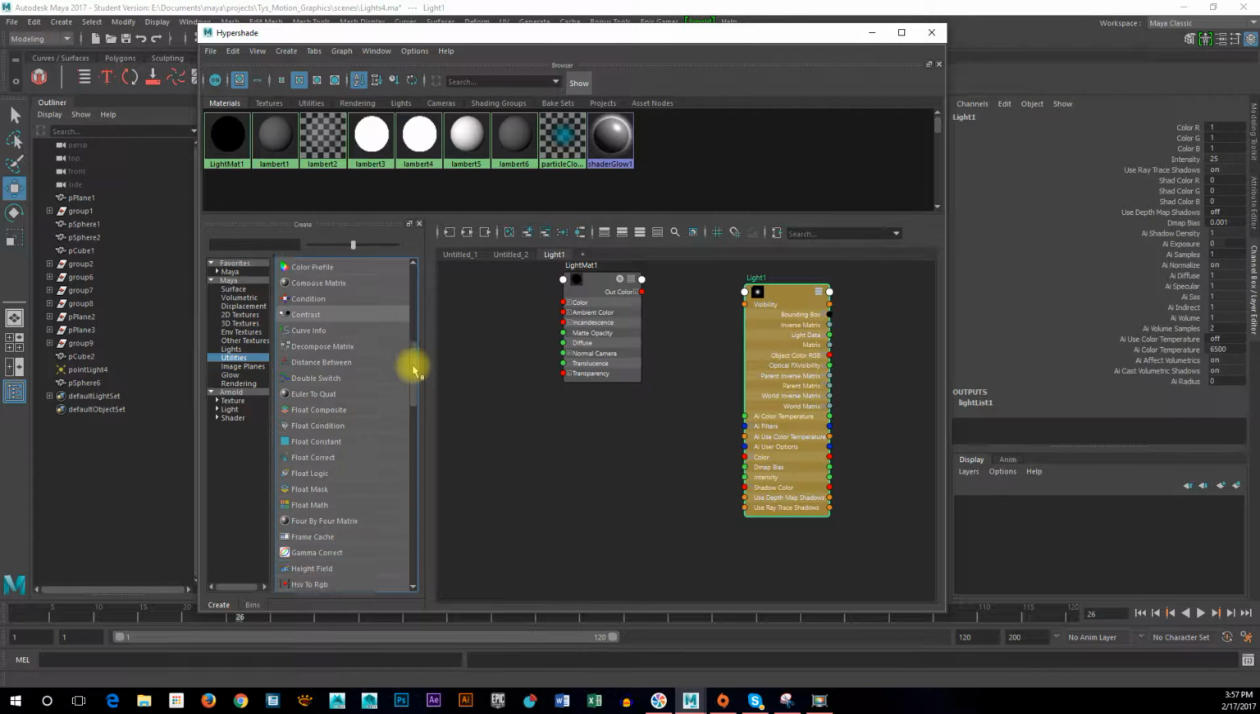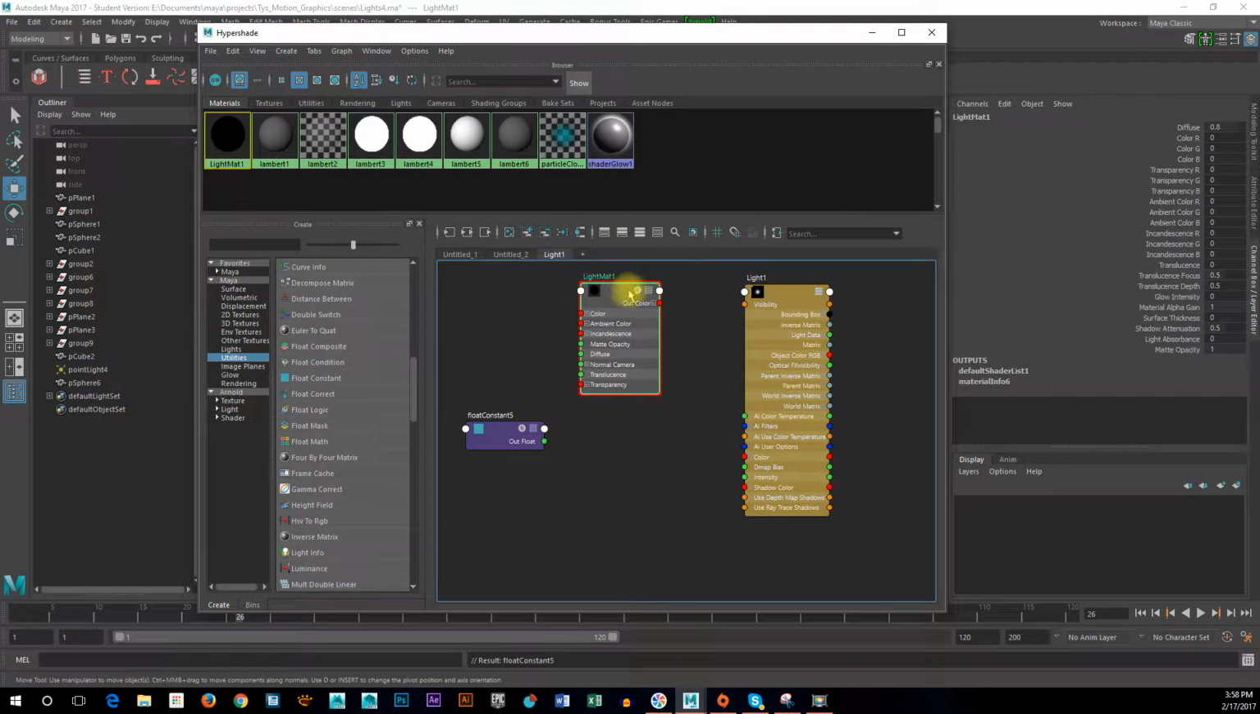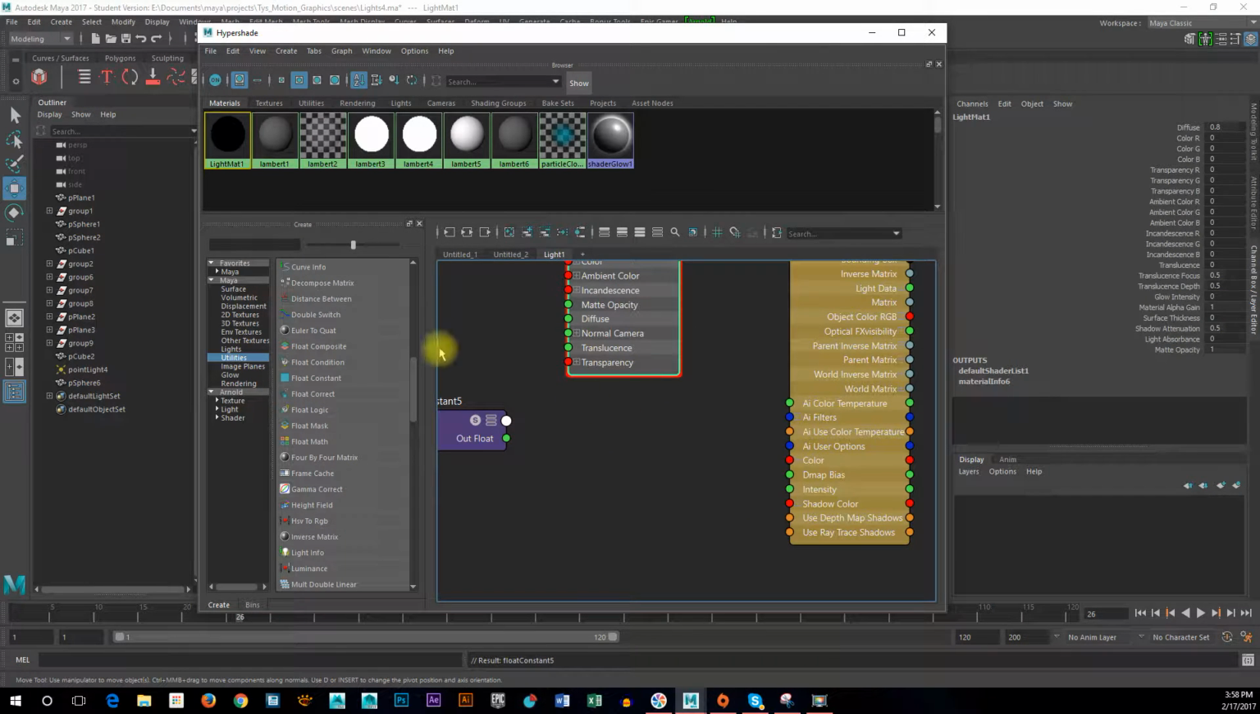And the one that I want to use, where are you, is a float constant. And there it is there. What you'll notice is when I select this, if you look in your channel box, there's the floating value right there. It's just a value that can go up. I can actually move it up, down to whatever value. It's just a floating number. And this is going to have to